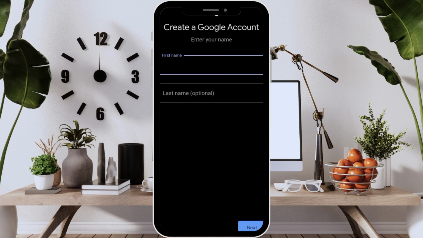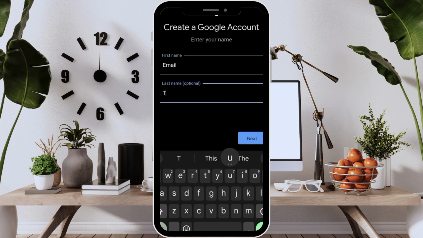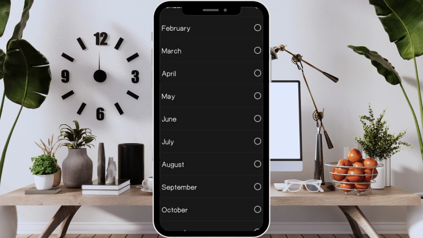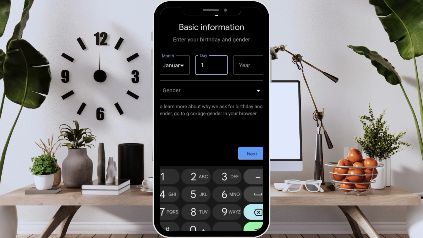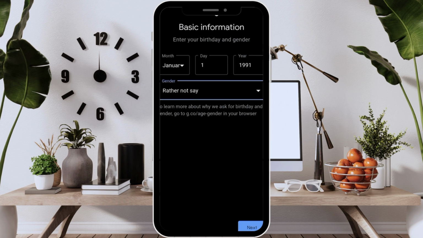So you can put in your first name, you can just put whatever name you want to put in there. So me, I'll add email tutorial. That's what I'll add there. All right, you click next, and then you can just pick a random date of birth, or you can use your own. So I was January 1st 1991, gender rather not to say. You click on next,